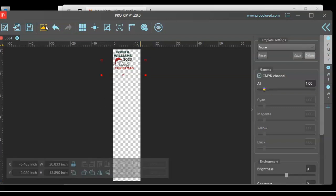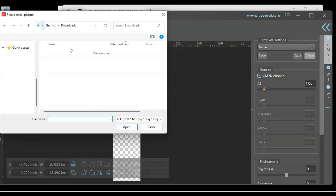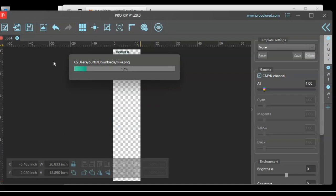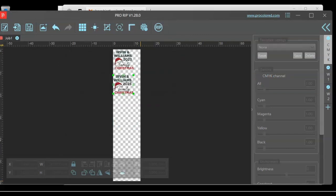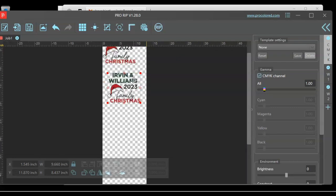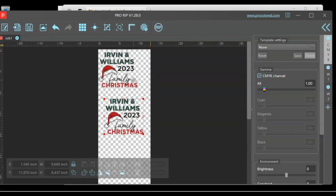So we're going to have to import an image that does not have that extra space around it. It looks like there's nothing there, but when the image was saved, it was saved with extra space on the side. So we just had to go ahead and remove that. All right, so now we have the image without all of that extra space. So I'm just going to go ahead and delete the one at the top because we really cannot use that,